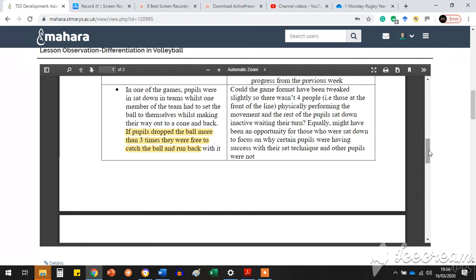Also, changing the rules slightly so pupils don't get so far behind can be a nice way of doing this. However, I still felt like there perhaps could have been better ways of doing this that didn't single the pupil out. When we did our FA Level 1 teaching course, they mentioned that in terms of inclusive PE, you want to make sure that pupils who are less able don't necessarily